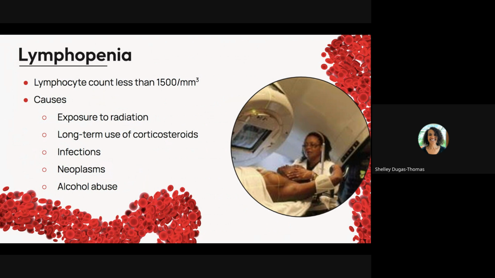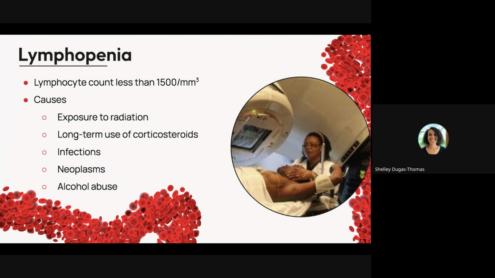So, lymphopenia is defined as a lymphocyte count under 1,500. Causes usually include medication, long-term corticosteroids, radiation, medical conditions, infectious or viral infections, HIV, neoplasms, including breast cancer, advanced Hodgkin's disease, lifestyle, including excessive or prolonged alcohol use,